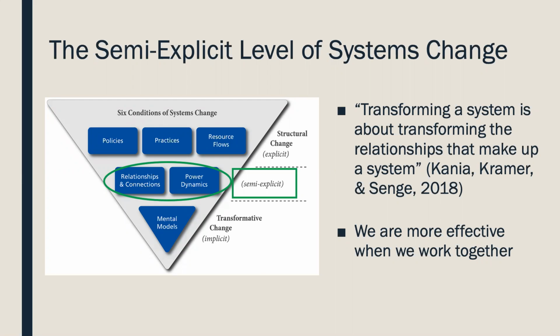We are not always in agreement, so it's important to shift power dynamics to be more representative of all needs and concerns and create relationships across social and political divides so we can work together towards what we do have in common. Examples of interventions aimed at semi-explicit conditions that can be found in the Regional Health Improvement Plan include